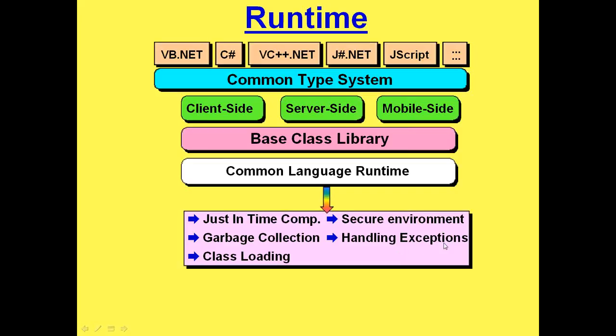By default, any type of runtime error that occurs will be handled by the common language runtime. It is possible that a programmer can also handle a runtime error, but by default it is handled by the CLR. So the CLR is the heart and soul of the .NET framework.